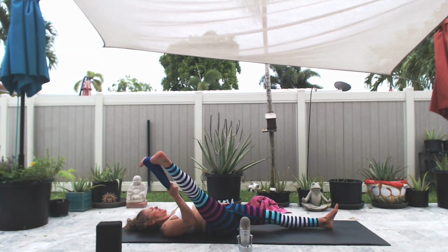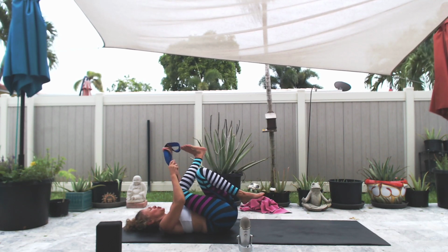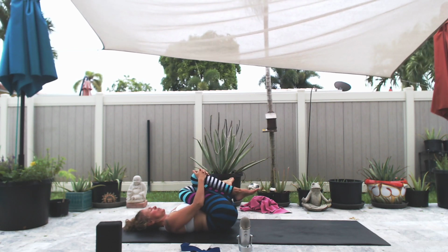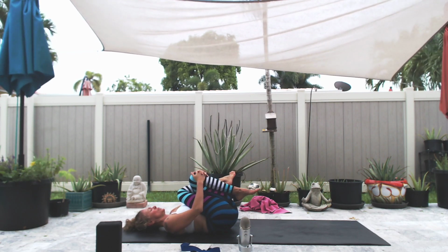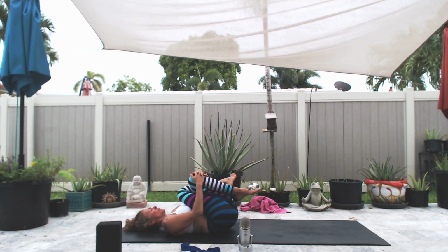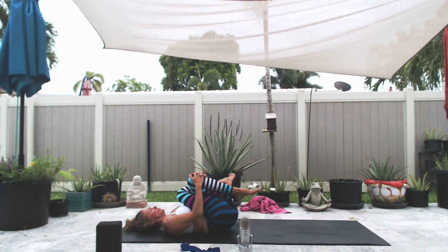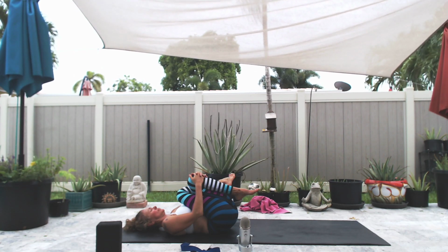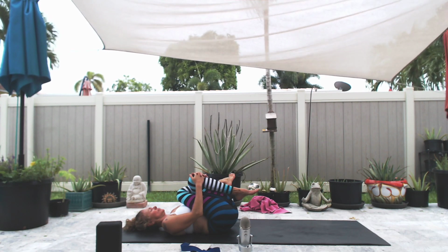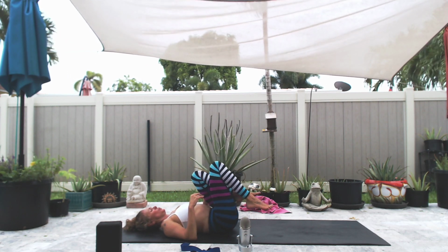We'll lift up that right leg, bring the left knee in, and then just cross the right knee over your left. Rest your hands, rock side to side if it feels good, and then cultivate stillness for 1 breath. We'll gently start to switch. Right foot down,